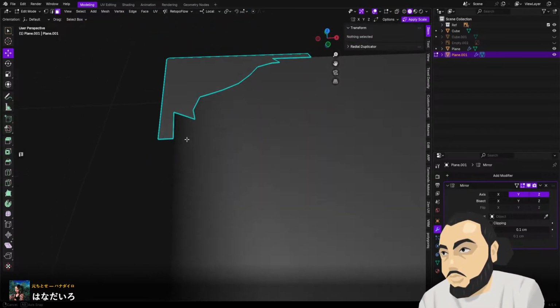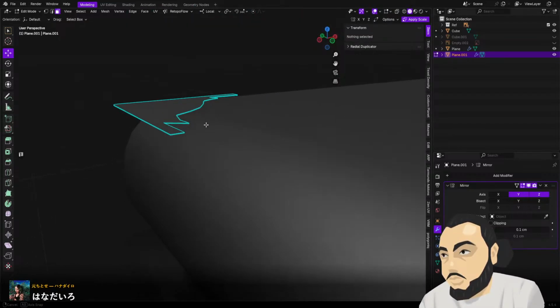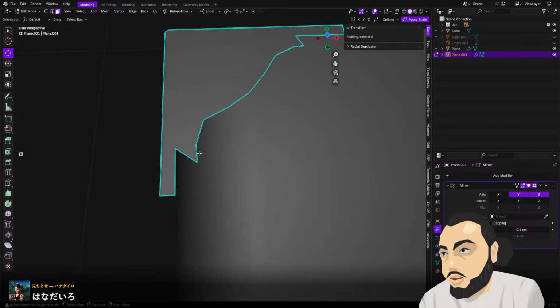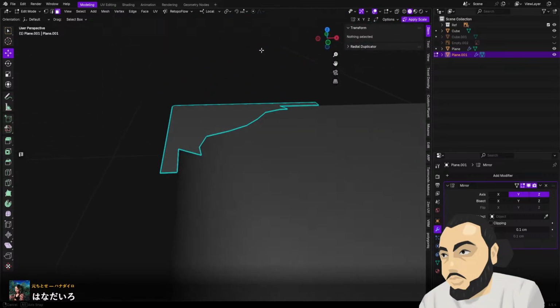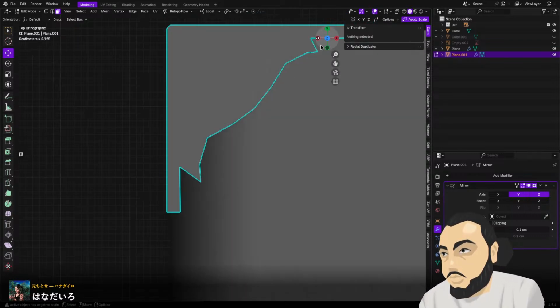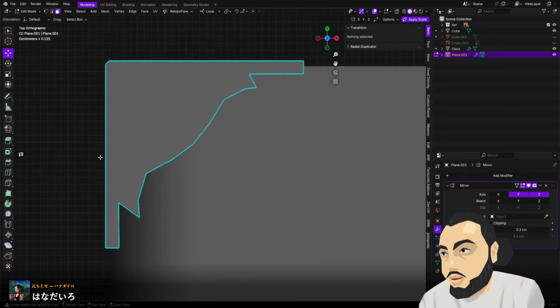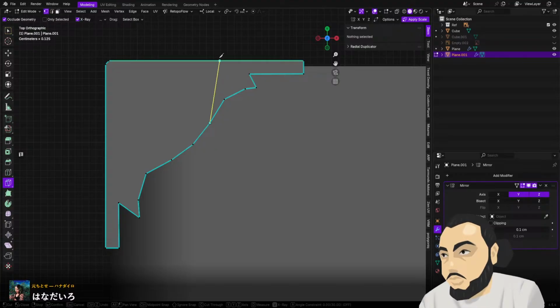That would keep only that. And now I need to figure out a way to curve this geometry. The easiest way to do that would be by using the cut tool. If I do cuts across this side like this,